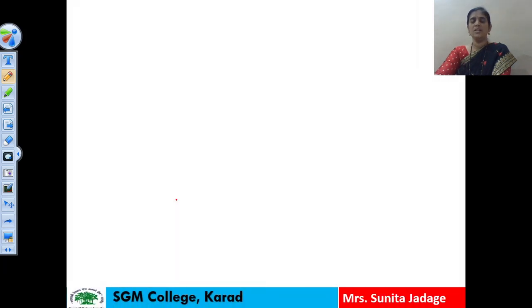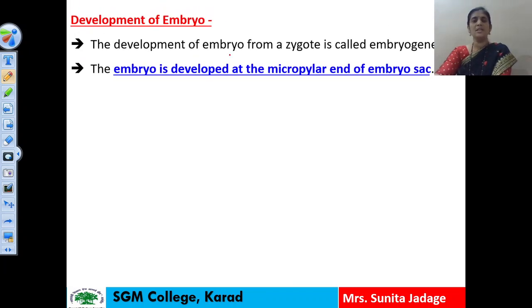In this way, the three different types of endosperms will be formed in different types of angiospermic plants. Okay. Let us see the next point, that is the development of the embryo. Here the embryo is developed by the division of the zygote. Embryo formation is known as embryogenesis, and here the embryo is developed at the micropylar end